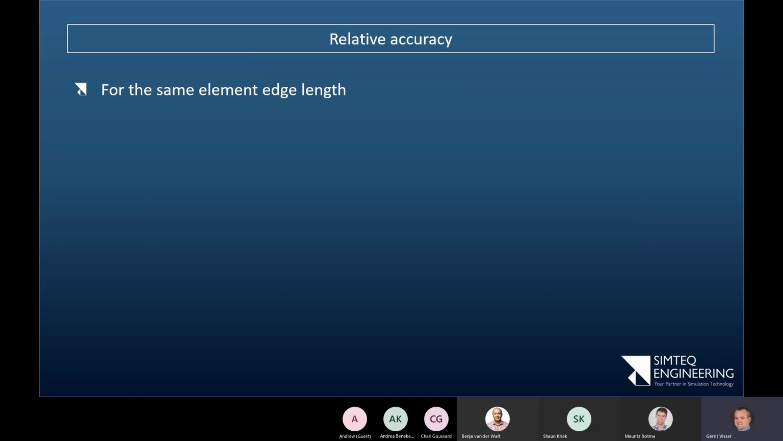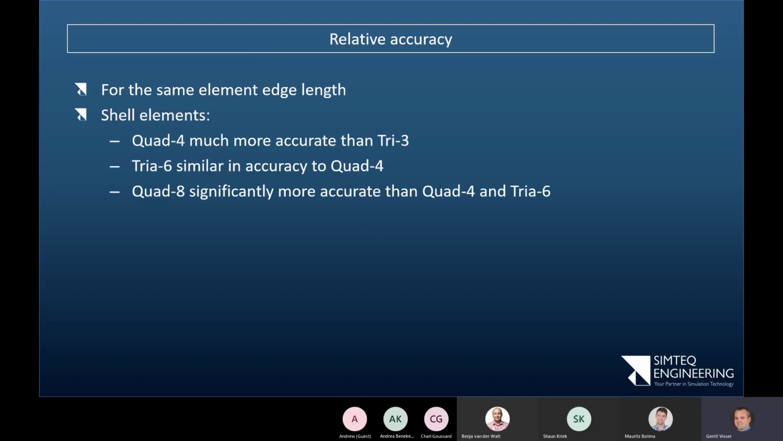Okay, so if we compare relative accuracy now for different elements. We measure surface with, let's say, a length of arguments like 1 millimeter, and I use different first and second order elements. A quad 4 mesh is much more accurate than a tri 3 mesh. A tri 6 and a quad 4 are very similar in accuracy. There are certain things the tri 6 does better and others that the quad 4 does better. If I look at a quad 8, it's significantly more accurate than these two, but again, it needs more nodes